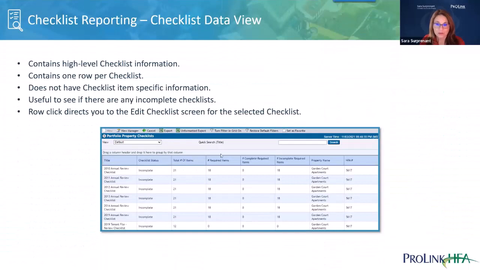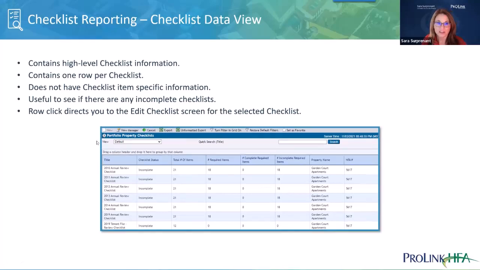The checklist will just show the high level. The checklist data view just shows the high level information for the checklist, like, is it complete? How many items does it have? How many required items are in there? So that's just a very high level view of the checklist itself, but we also have the checklist item data